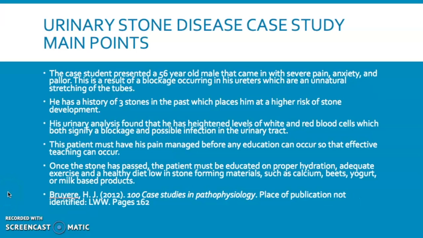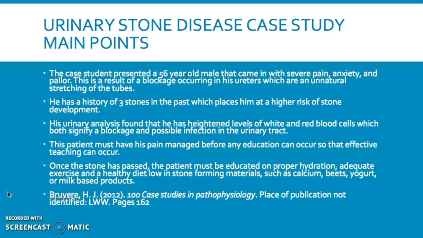The case study presented a 56-year-old male who came in with severe pain on his backside, on each side of his hips or upper hips, which is that flank pain I mentioned earlier. He had a history of 3 stones, which puts him at a higher risk of stone formation. They did a urinalysis and found that he had heightened white blood cells in his urine, which is that pyuria I mentioned earlier, in addition to red blood cells, which is going to be a signifier of an infection or